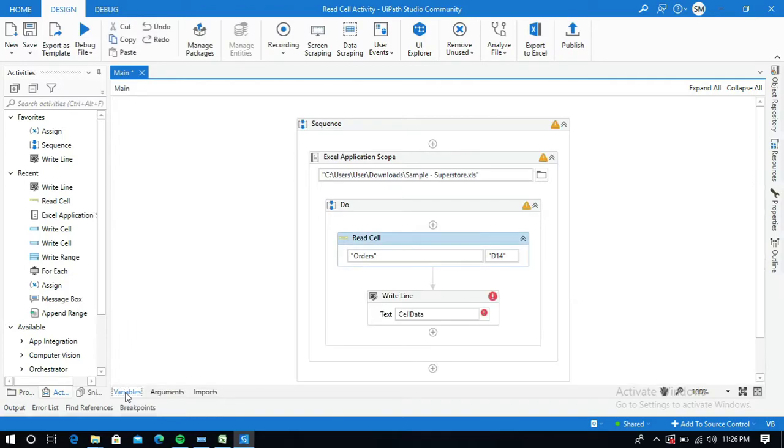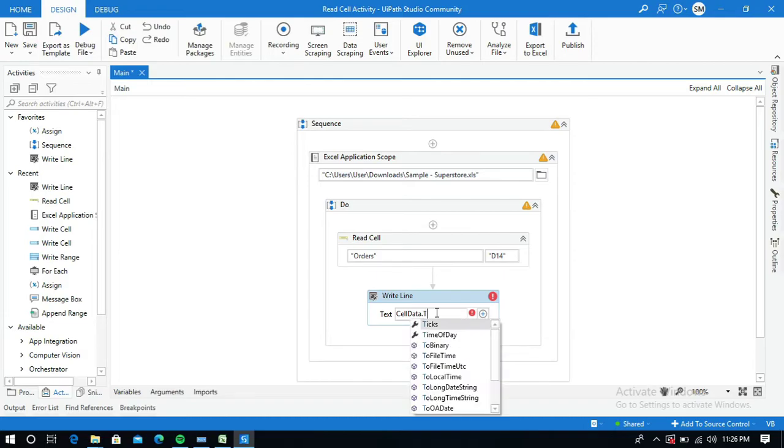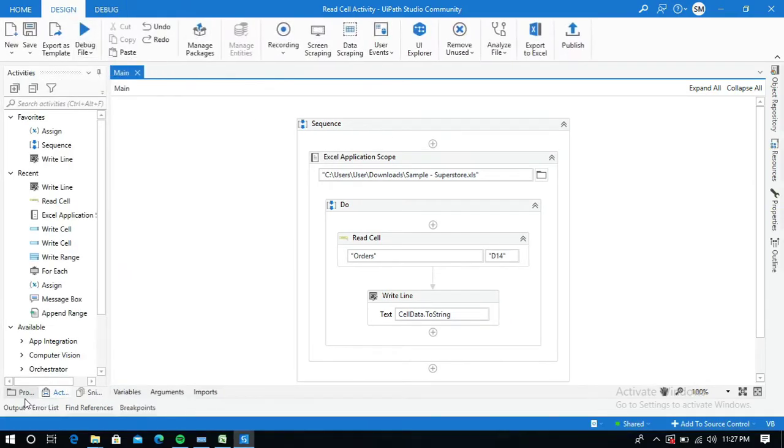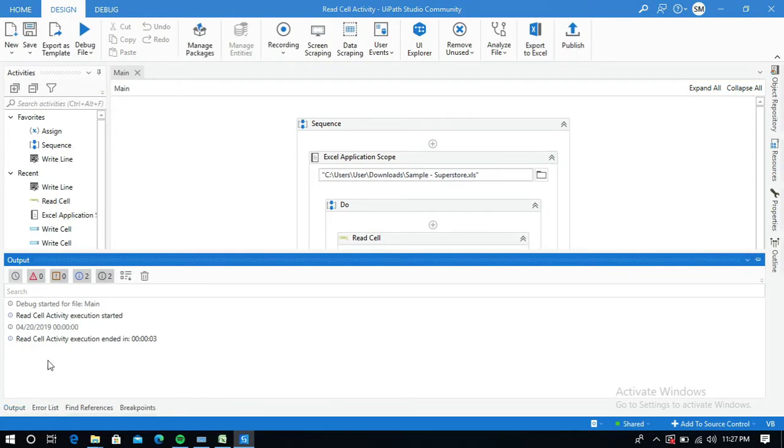If you don't change this variable type, you will definitely get an error, and convert this to string, so using ToString. Okay, click here. So now the task is done. Let me run and show you. Okay, it's fine. Click this output panel. So this is the data we have extracted from the Excel file.